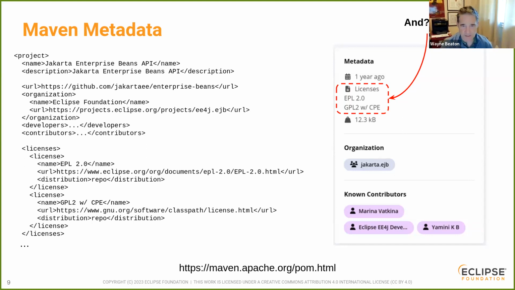Specifying licenses in what I've observed to be the standard way doesn't give a complete answer. If we have a single license, it's relatively straightforward. When you express multiple licenses, it's not entirely clear how they're combined. So, for example, this is the Jakarta Enterprise Beans API POM, which is a